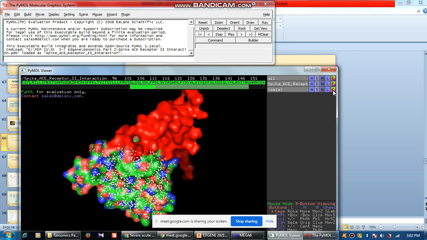Okay, so I'll put it in a different color so that it becomes easier to understand. So many softwares are running in the background. Just hold on, I'll try to select it. It is not getting selected.